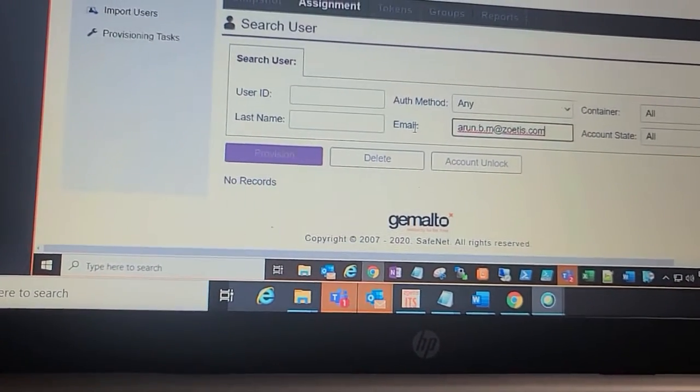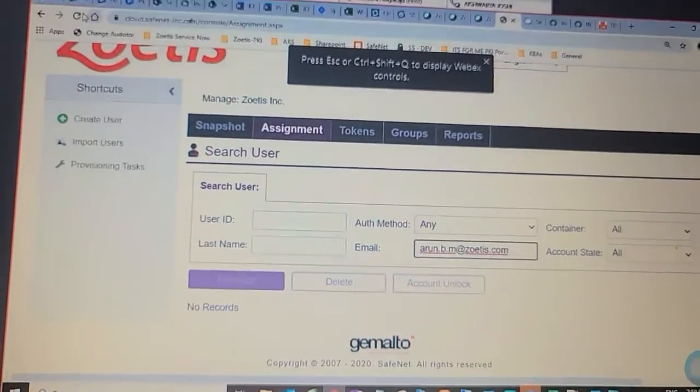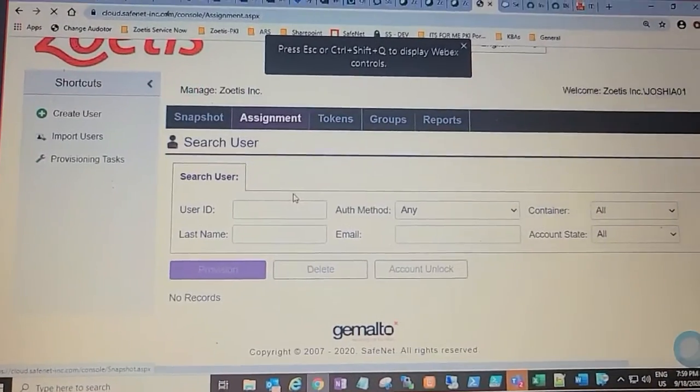Can you search for me? I think I'm not able to click on it. Yeah, it's stuck, I think.